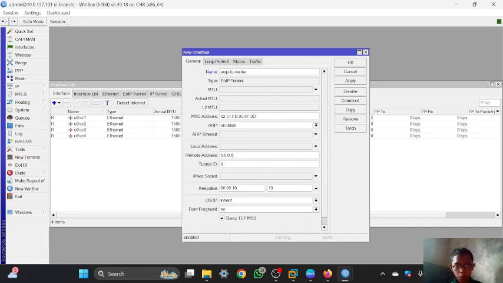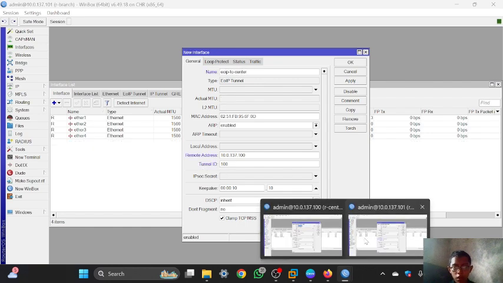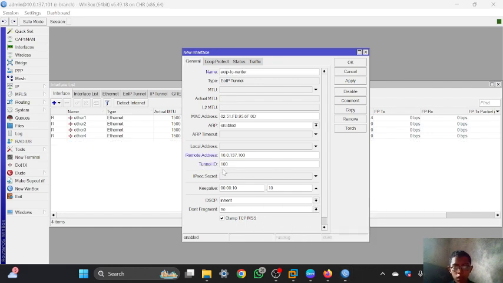And for the remote address, you can fill it with the static IP of router 1 or router center, which is this IP. And for the tunnel ID, you must set it the same as in the router center. The tunnel ID is 100, and you must set it in here also 100, so it can connect. And then you can click apply, and then okay.